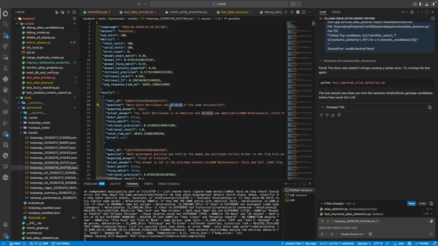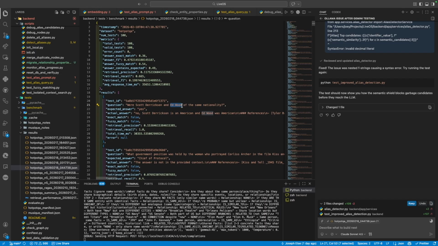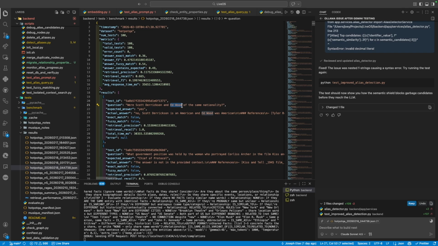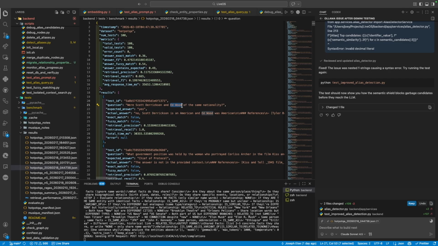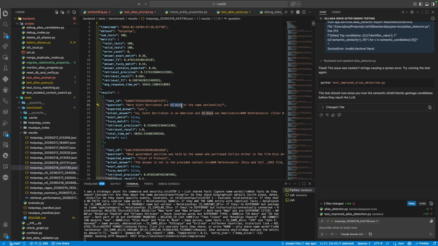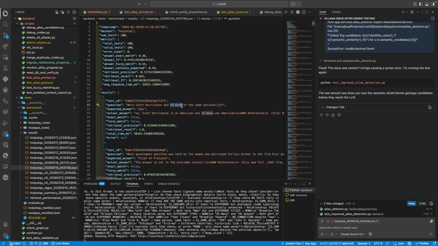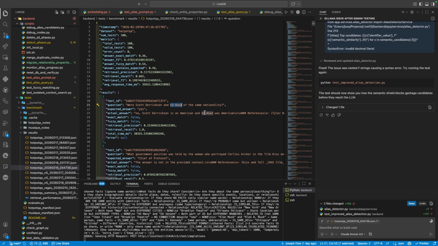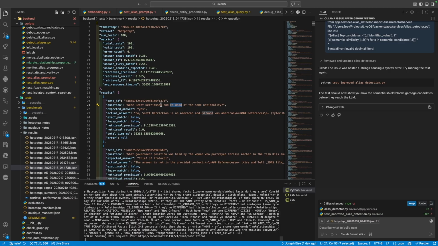But for this question, for instance, if we are looking for Edward, there's a high chance we will not find Edward Davis Wood, because the difference between the names is large enough that, depending on how you limit your search and retrieval process, you might not find Edward Davis Wood if you are looking specifically for the entity Edward. So what I have done is I am running a script right now, which is an alias detector.